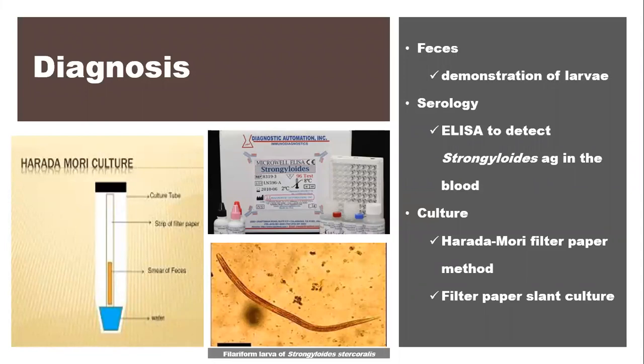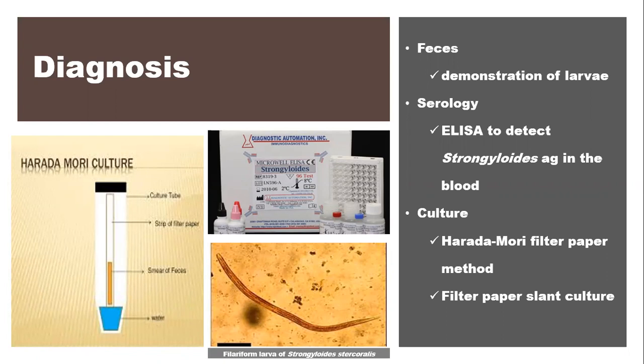How can you make a diagnosis? Feces can be sent to the lab to look out for the larvae. But the problem here is that this is not a very good sample to send to the lab because the worms are released intermittently. You may need to send up to 8 samples to the lab before the lab can say whether the patient is infected or not. So this is not the best approach to make a diagnosis.